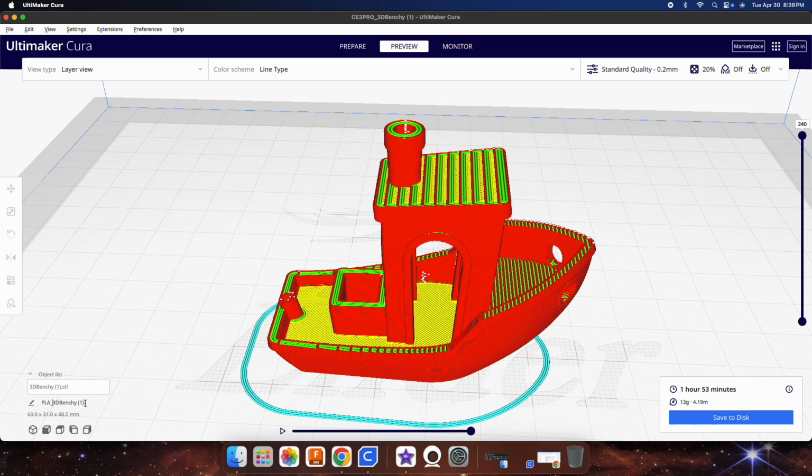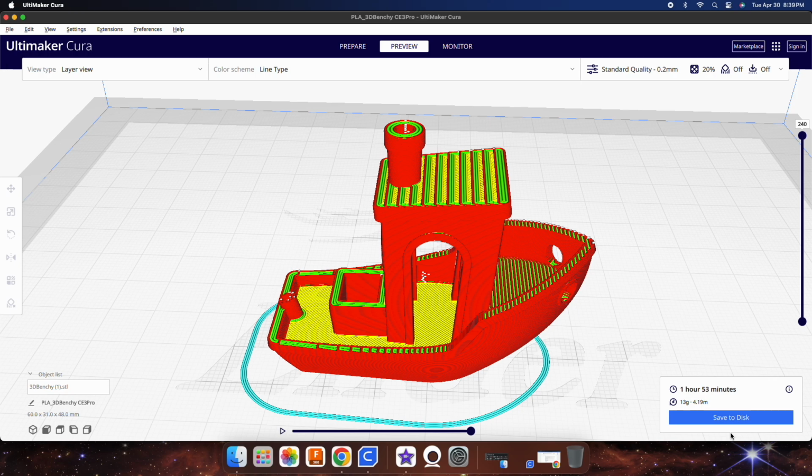So I'm going to go here and then CE3 Pro just so that I know that it's for the Creality Ender 3 Pro. This one. There we go. You can save it to disk, or if you have your removable SD card,